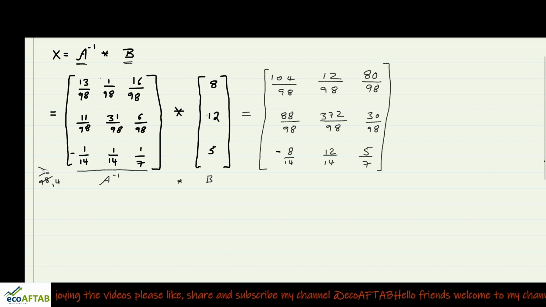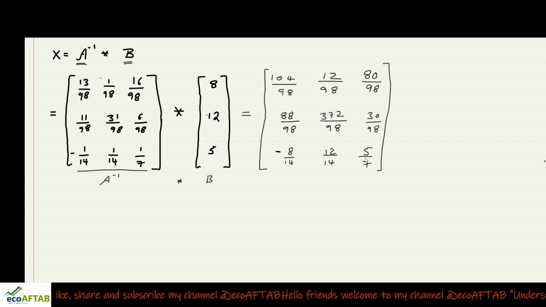After simplification, you can see we have minus 8 by 14, 12 by 14, and 5 by 7. Further, we need to add up these things, and once we add them up, what we will get is the last part, and that is